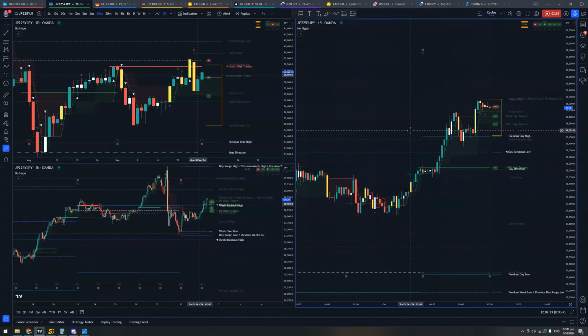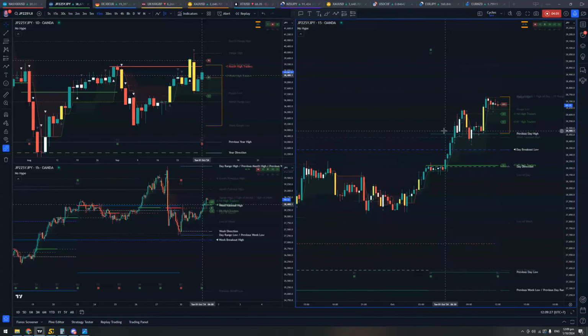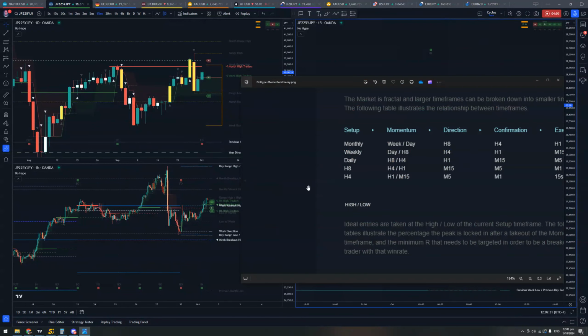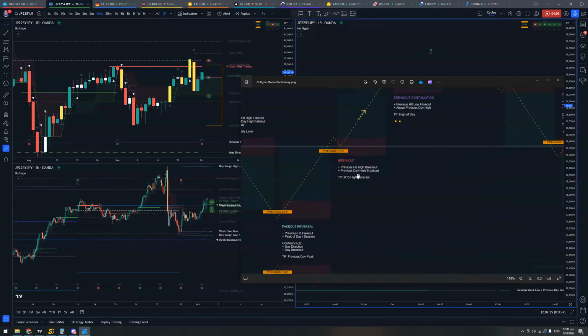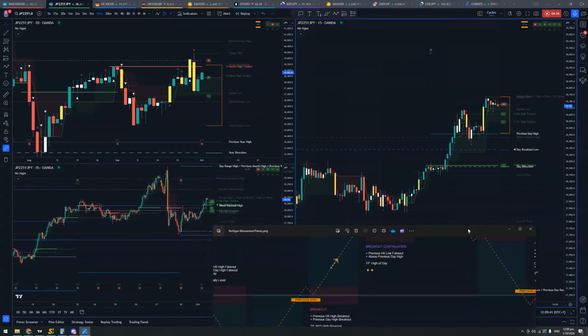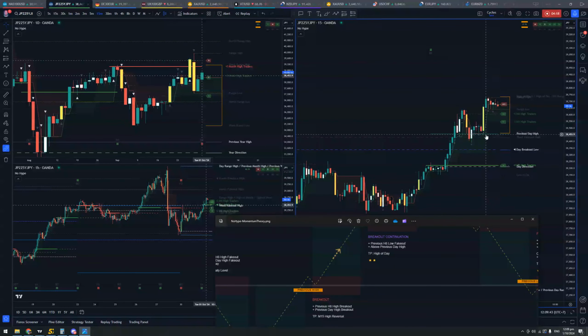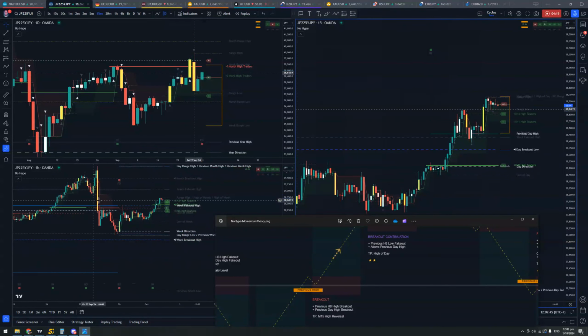My setup on the daily requires the H8. This is a breakout, but my breakout setups require the H8 high to be close to that previous day high. My breakout setup is like this: previous H8 high breakout, previous day high breakout. They both need to be close to that previous day high. Was not the case. So whenever you trigger the previous day high, I take a look at the weekly,